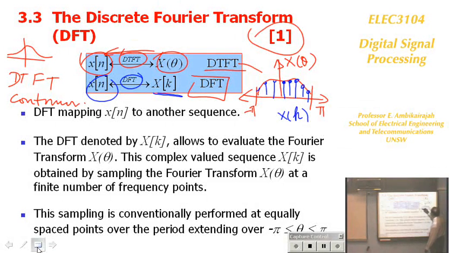The output is not continuous, but it's a discrete value, but if you join the envelope, it looks like x theta. So the question is, what does that mean? What does that mean is this: if you take x theta, theta is defined